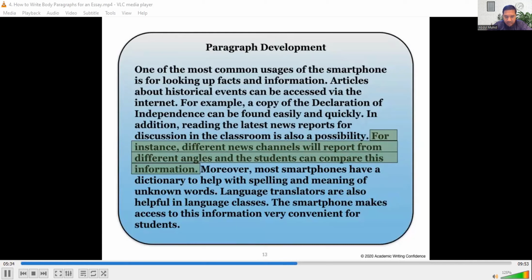Now, this sentence is an example as well as an explanation of the second detail about news reports. And then we've also added some more information other than the dictionary. "Language translators are also helpful in language classes." So in this way, you can develop your paragraph further and increase the information in your body paragraph.